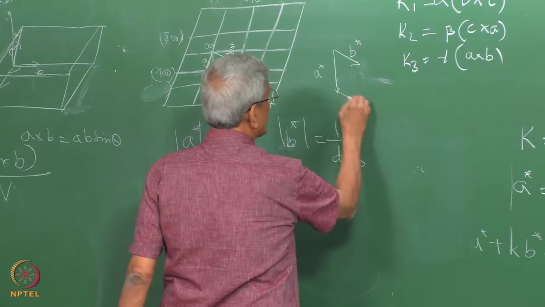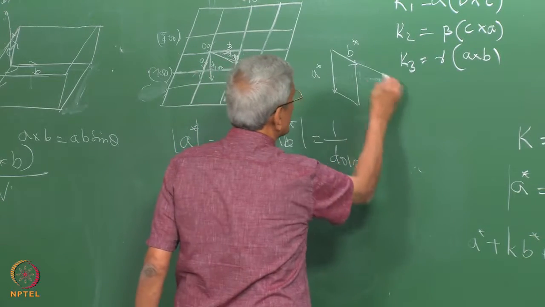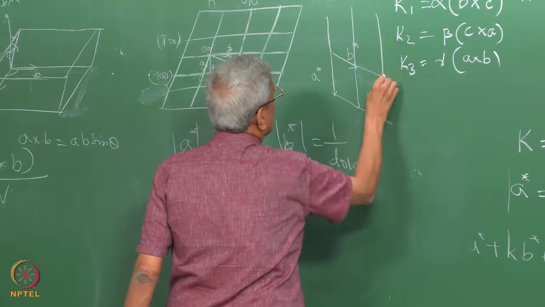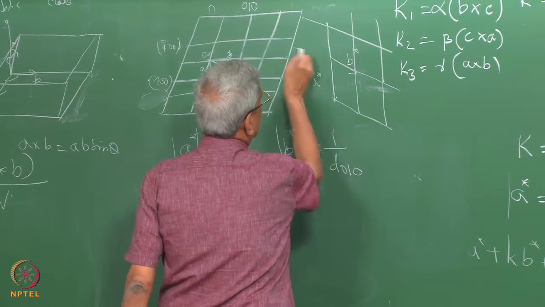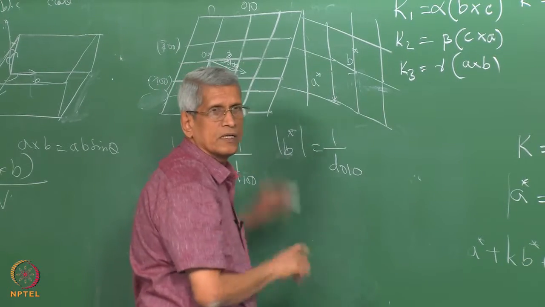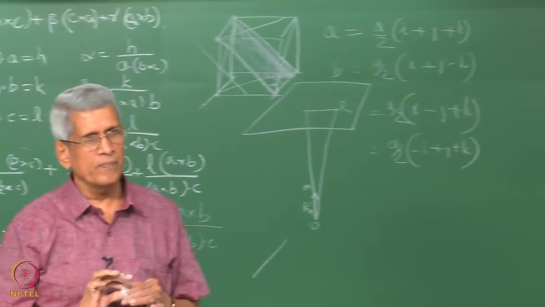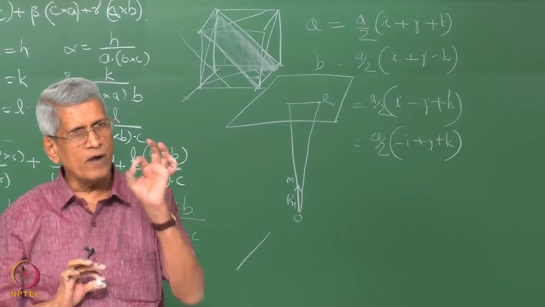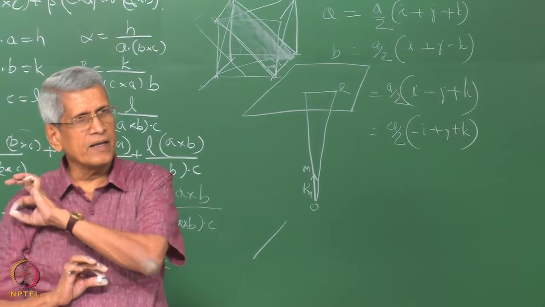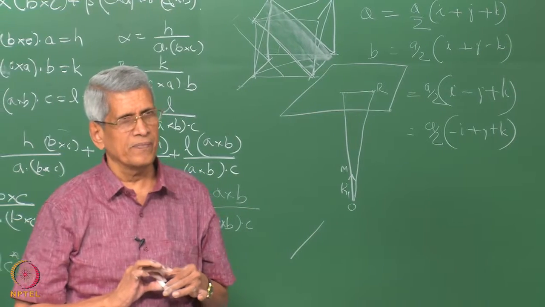Now by vector addition we can generate all other points, right? So that way we can generate the reciprocal lattice for this two-dimensional lattice. This is how geometrically we draw it. And what one should always remember is that we have to draw everything with respect to a primitive lattice, correct.